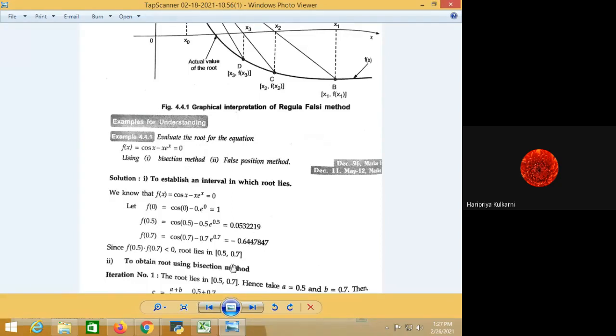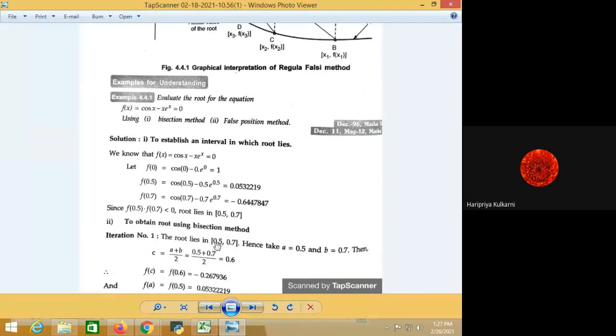So we will go for iteration number 1 with A as 0.5, B as 0.7. C will be A plus B upon 2, so it is 0.6. We will find out f of 0.6. It is coming as negative. So for the next iteration we will consider 0.6 and 0.5. We will overwrite B. Initially it was 0.5 and 0.7 for the first iteration, but for the second iteration 0.6 and 0.5 will be there. So 0.7, which was B, is of no use, and we will overwrite it with 0.6.